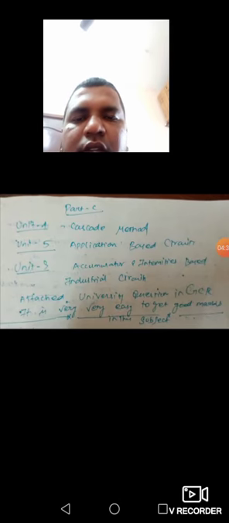I am telling this because these three units are very easy, but you must give them such importance. For example, Part C in unit 4 will be the cascade method, asked from an application point of view. Unit 5 is application-based circuits in both hydraulics and pneumatics. And in unit 3, we already know, accumulator and intensifier based industrial circuits. These are some of the questions which may be asked in the university exam.